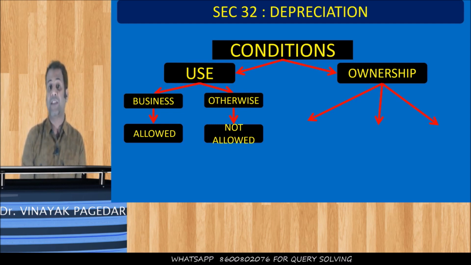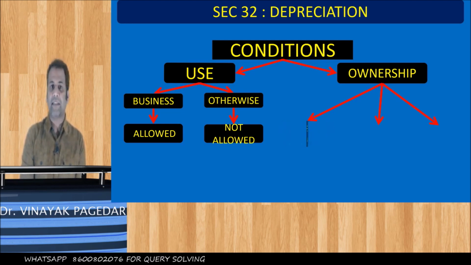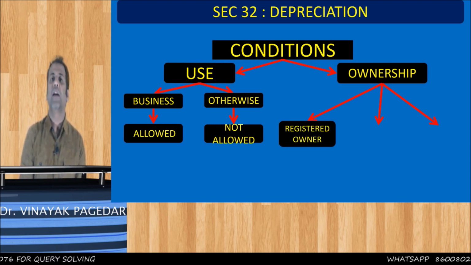Now the second condition is ownership. The assessee has to be the owner. But if you analyze the provision properly, the assessee could be the registered owner of the asset. Fine. If the asset is in your name and you are using it in the business, obviously you will get the depreciation. But what if